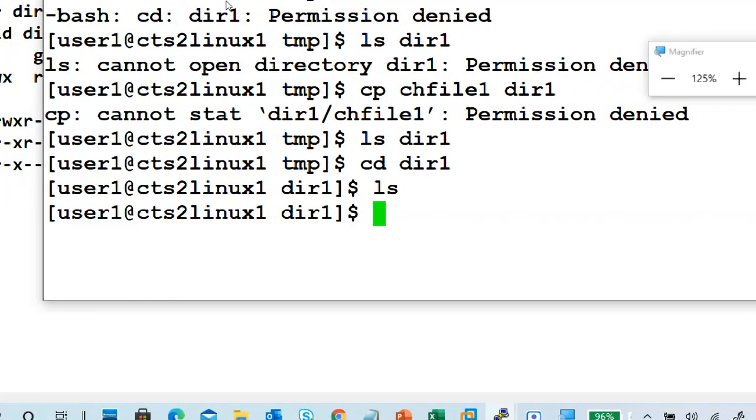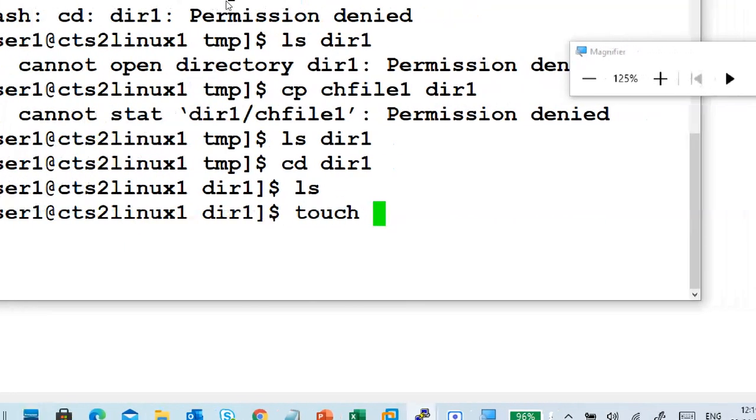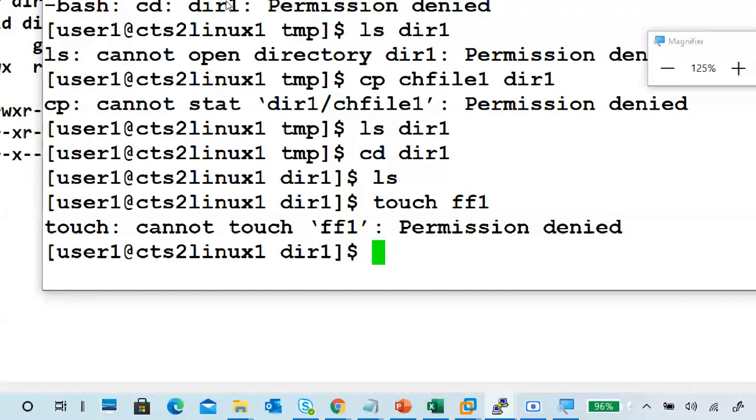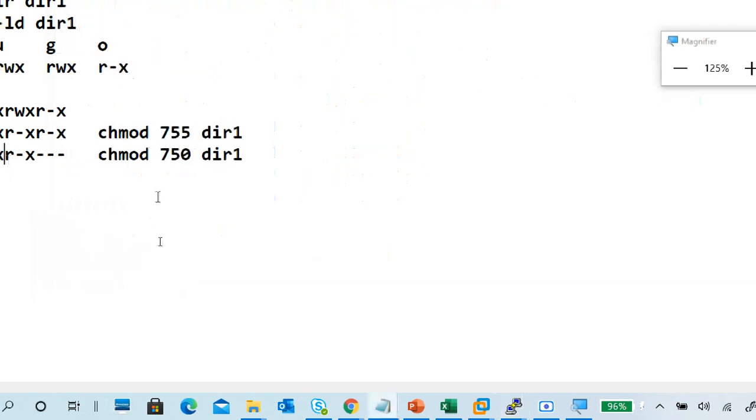If I want to create a file, can I? touch ff1: permission denied. Why? I don't have write permission. I can go to the directory because execute permission is there, so cd works because of execute. ls works because read permission is there. I can't put data inside because I don't have write permission.